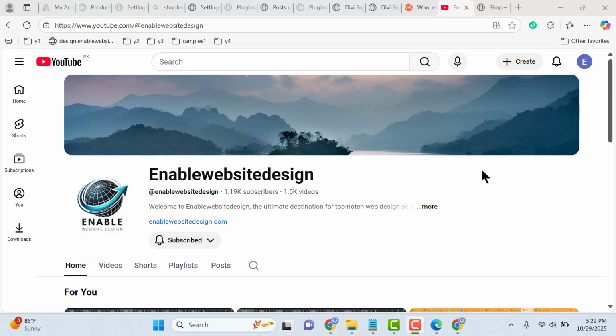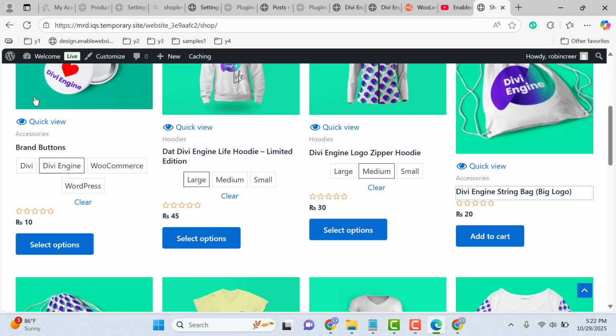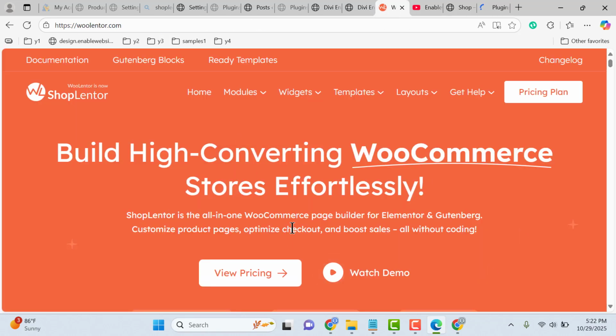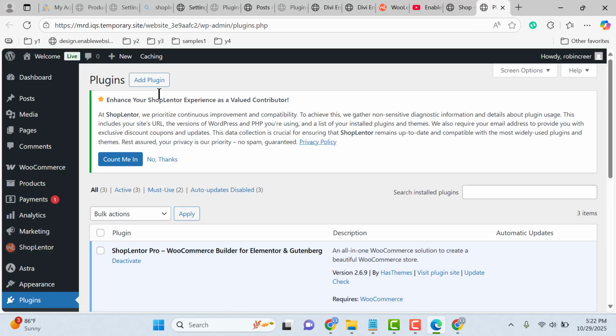In this video, we are going to discuss how you can add a sticky add to cart functionality in your WordPress WooCommerce website. So let's go here and we can install a plugin. You can get the plugin from here. After that, you can install this plugin,